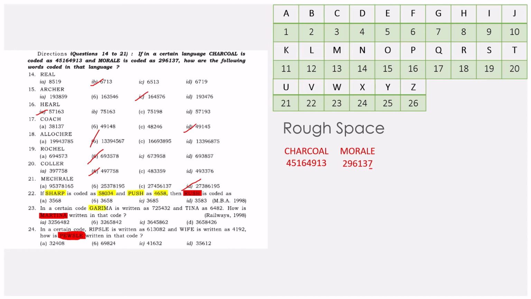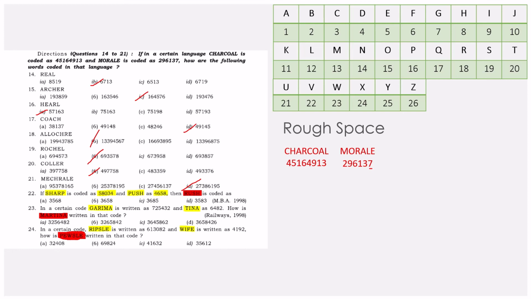In here, they gave Garima and Tina. So here they gave Ripsel and wife. I've highlighted everything. If you want, you can just go. I'll give you like 10 seconds of time. If you just take 1 or 2 seconds for each question, that would be more than enough. Okay, 6 or 8 seconds will be given for you. Just pause the video and take as much time as you want. But remember, in the exam, you won't be able to pause the time like you are pausing the video. So remember that and just solve the questions.